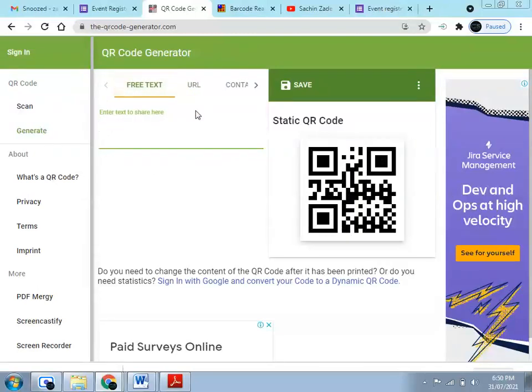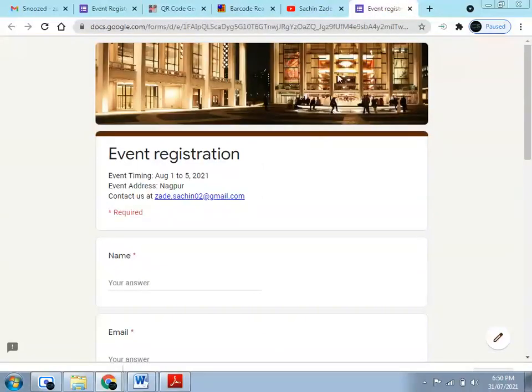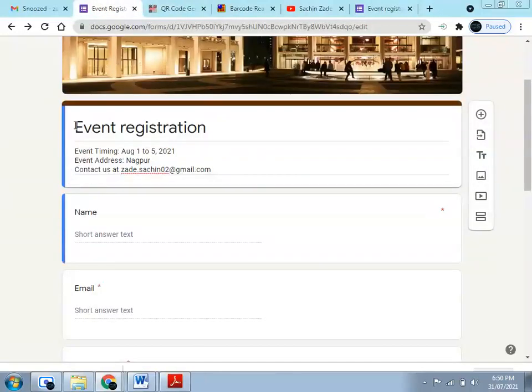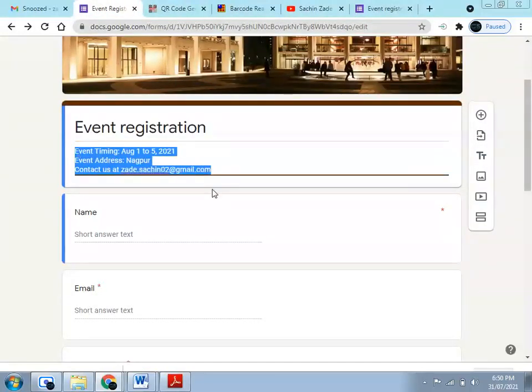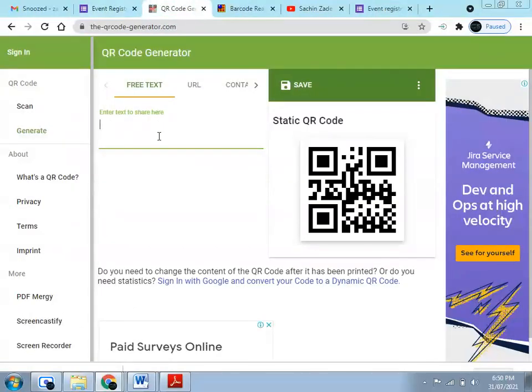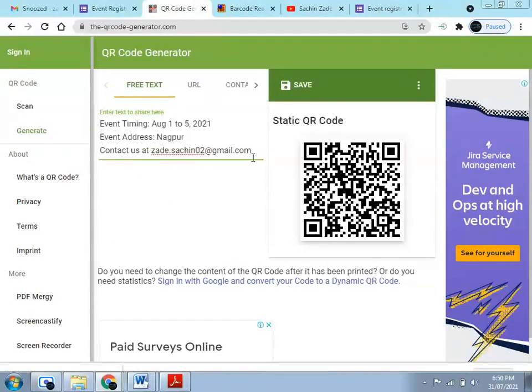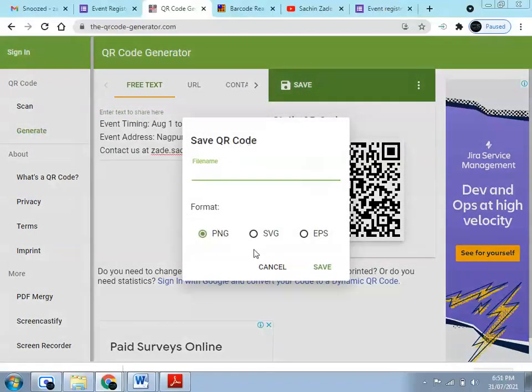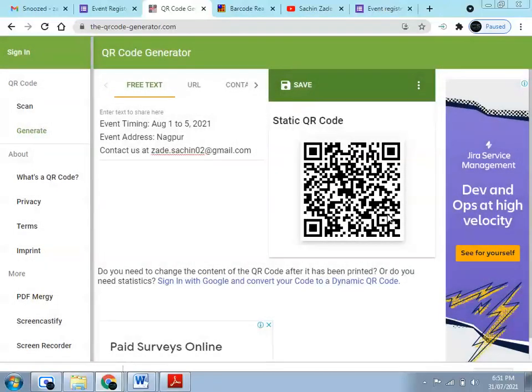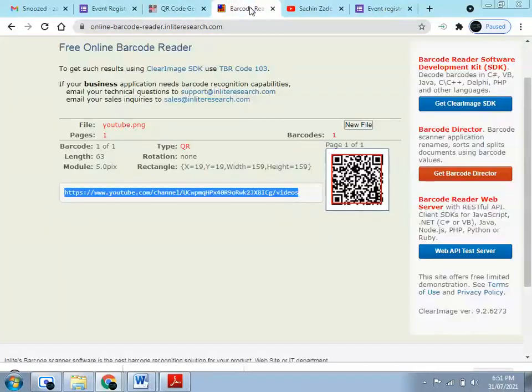The same we can create for free text. Suppose we have a certain text of data for which we want to create a QR code. Suppose we are giving this information and saving it, and here we are giving this information. So of this information this particular QR code is created, and we are saving it with the name sample. So we can give the QR code, and we will check what information is stored in that particular QR code.